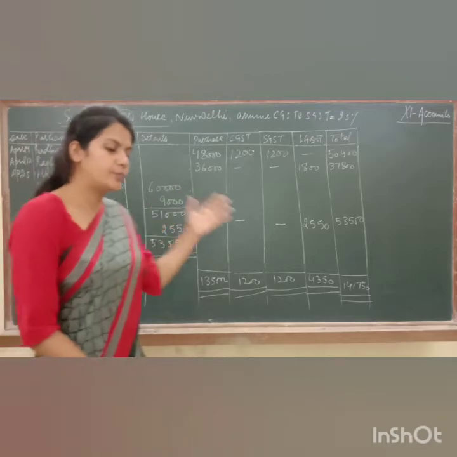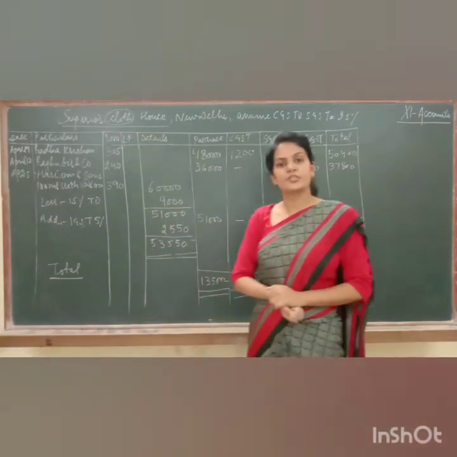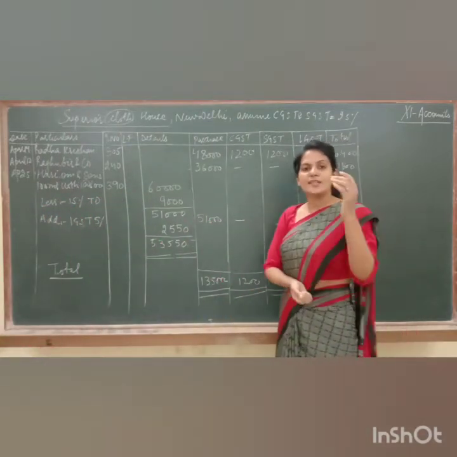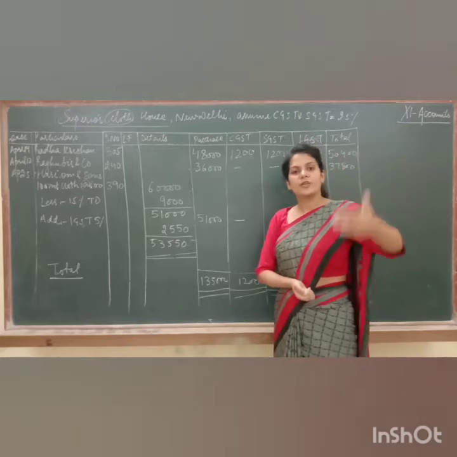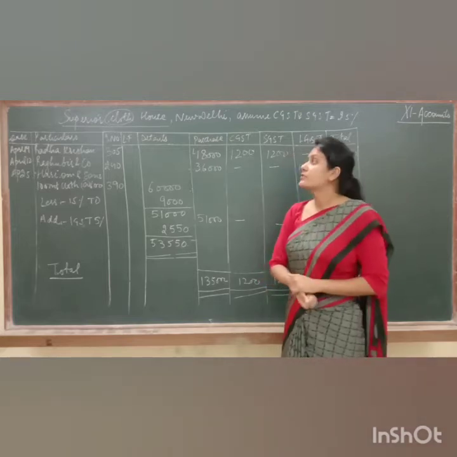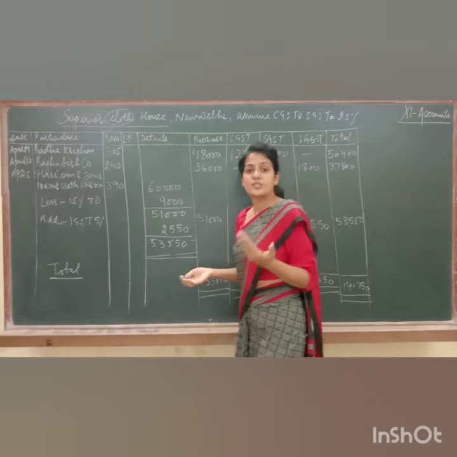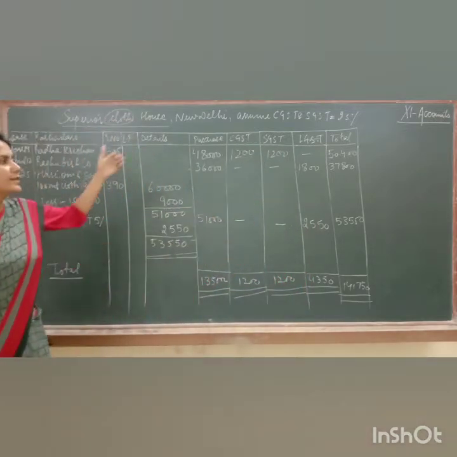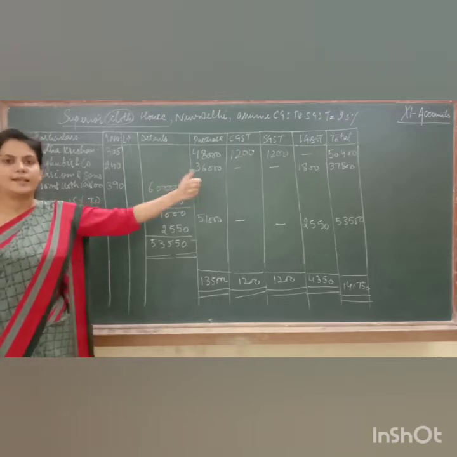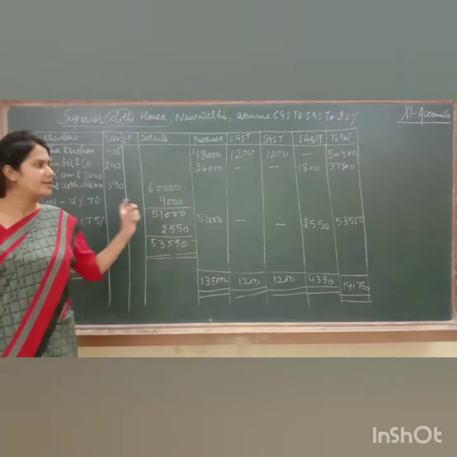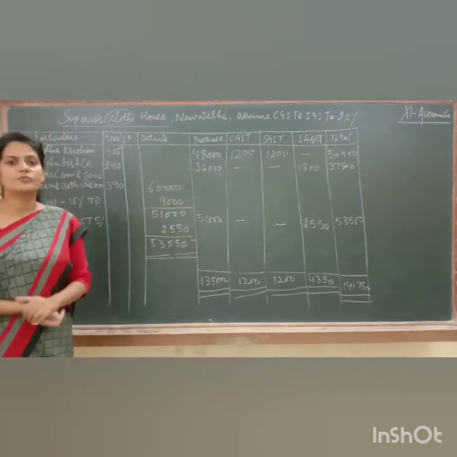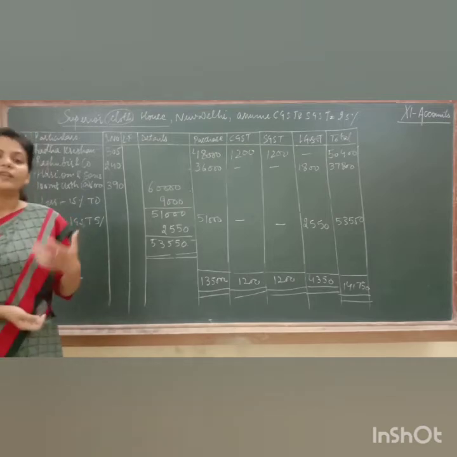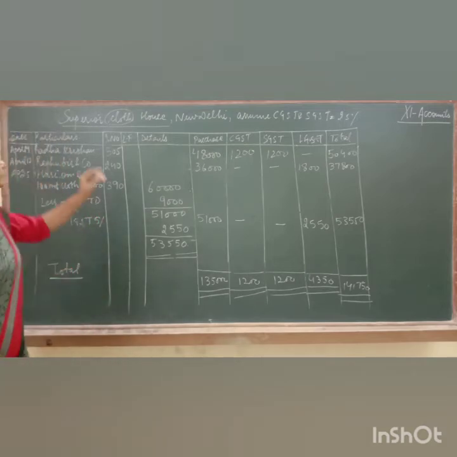Now after totaling this, what we have to do? As I told you that purchase book is a kind of purchase journal only. Fine. Means instead of writing the entries in one book only, we have divided them. So this is a purchase book, means a purchase journal only. It means that now we have to transfer these entries to particular ledger accounts. But before transferring these entries to ledger accounts, I would like to tell you what entries we have framed.